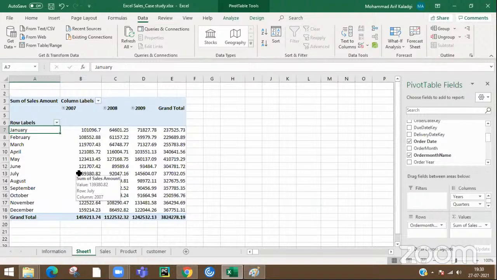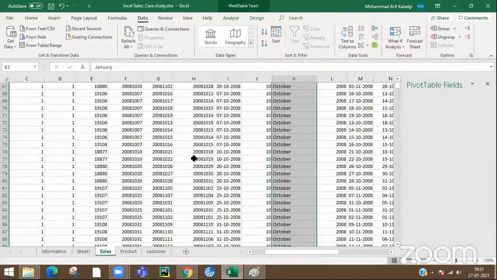See how I'm refining my information. It's not a one-step process. Remember, guys, it's not only a one-step process. It's always a continuous process: data cleaning, data preparation, data visualizing. It's a continuous process. So now if I ask you, I'll give this sheet to you and I'll ask you,